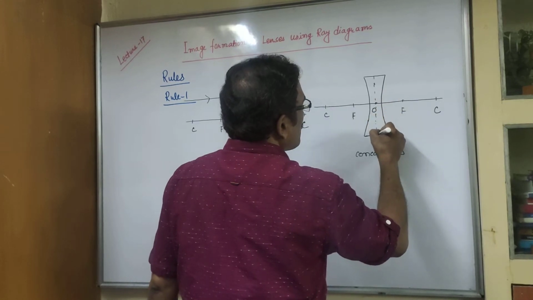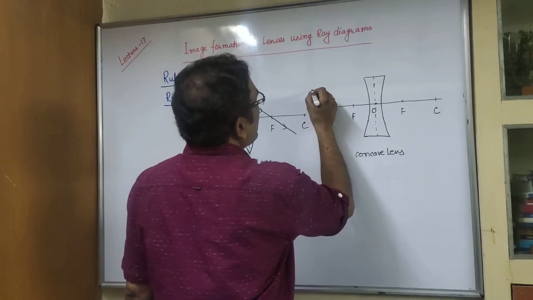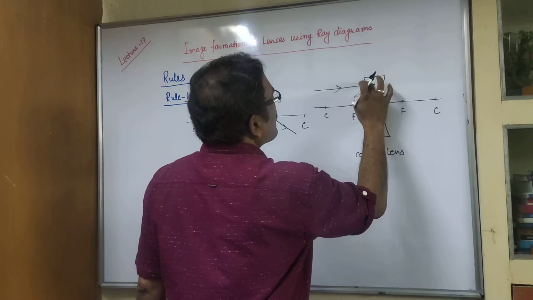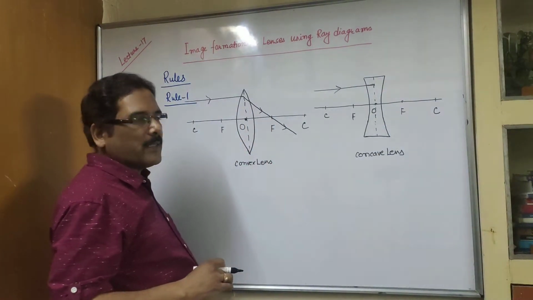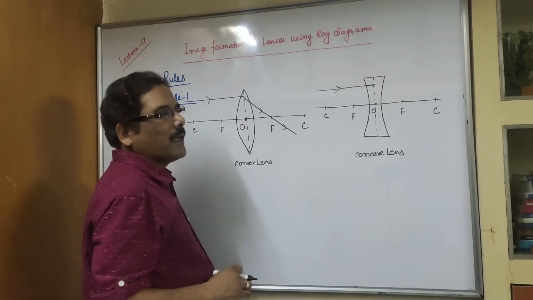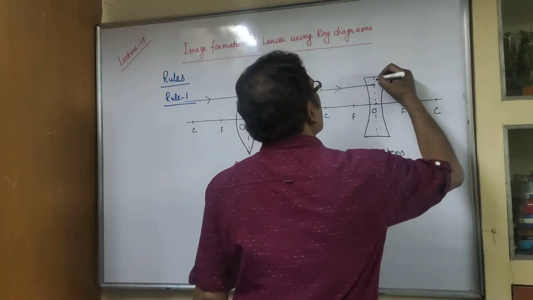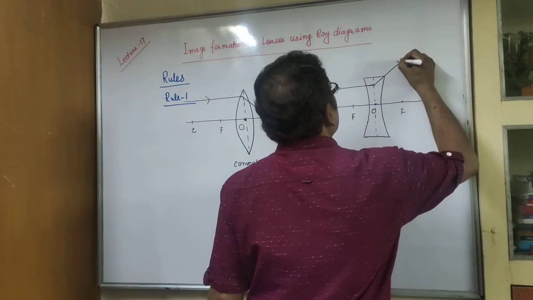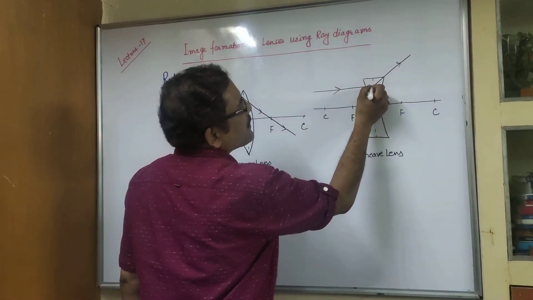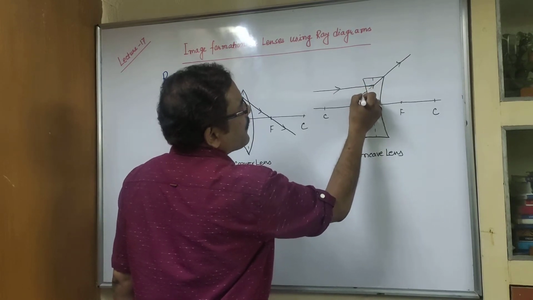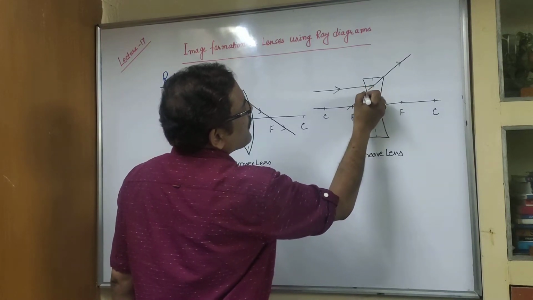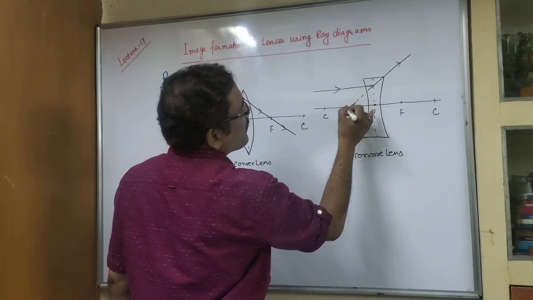Now as we have written, a ray of light which is parallel to principal axis. So suppose this is the ray of light. This ray of light is parallel to principal axis. But this is a concave lens. In last class, as I have discussed, this diverges the parallel rays of light. So the ray of light will pass in this way. It will diverge the ray of light. But when this ray is produced backward, it will pass through focus of the lens. This ray will pass through focus of the lens.